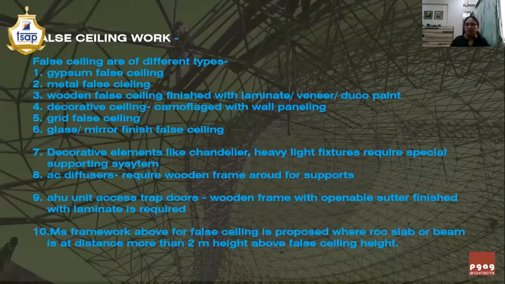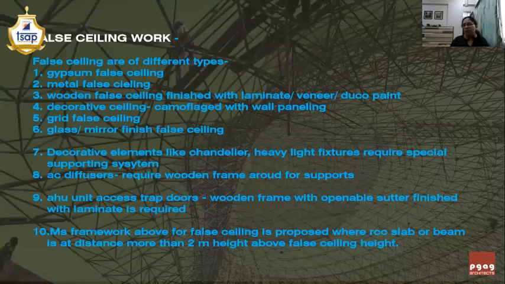So the MS framework needs to be well quantified in this particular tender item itself. So you need to write the necessary MS framework, and also sometimes, after coordination with structural drawings or after coordination with the structural consultant only, he needs to finalize the above false ceiling elements for the supporting of the chandelier.